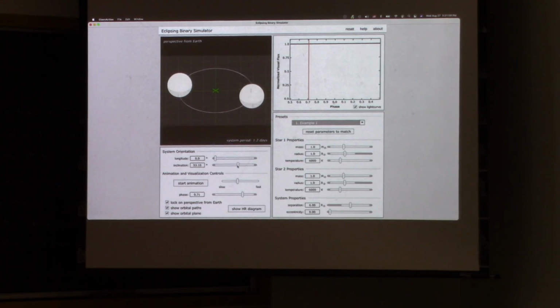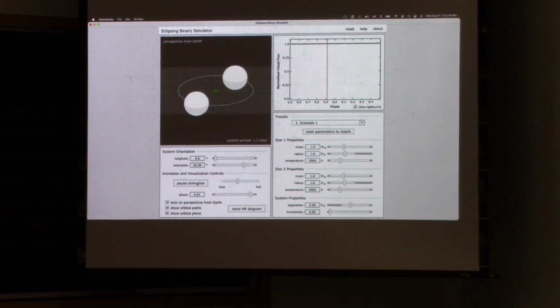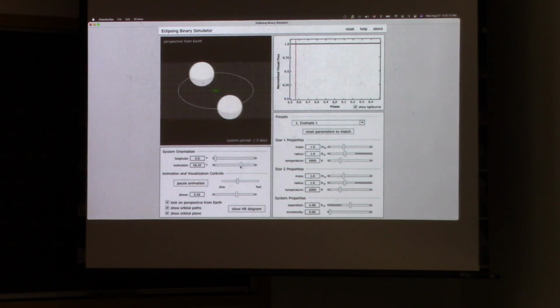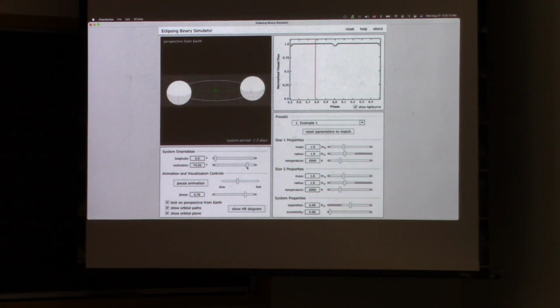See, we can get eclipses, right? If you have an eclipsing binary, then they're passing back. These don't quite eclipse, but if we are closer to the plane of the orbit, well, then it can be like peekaboo, right?